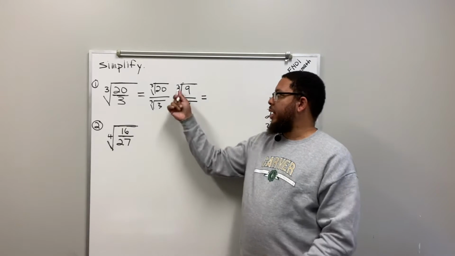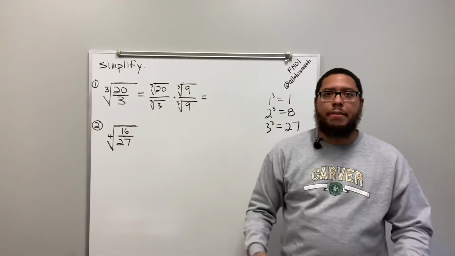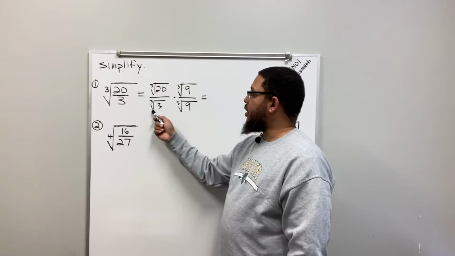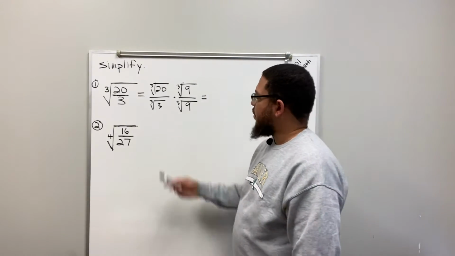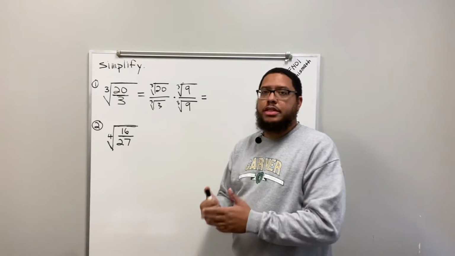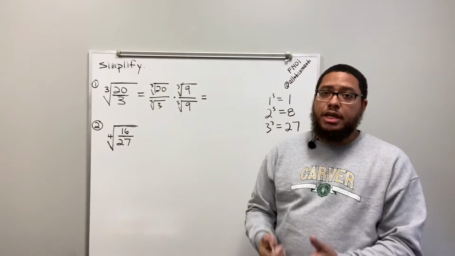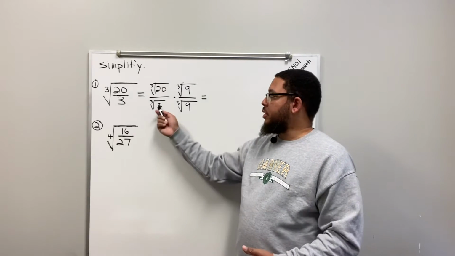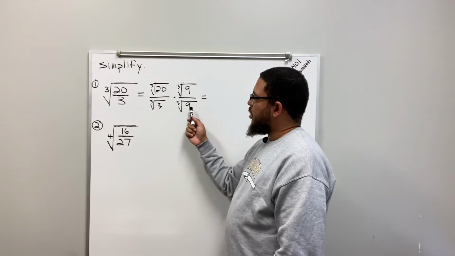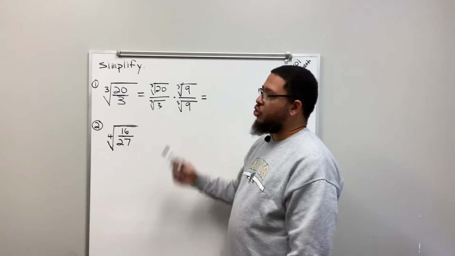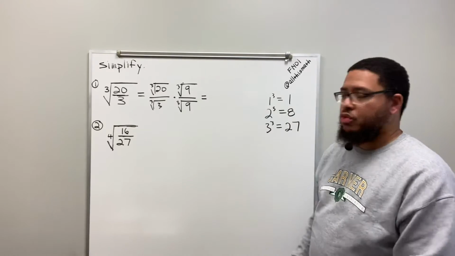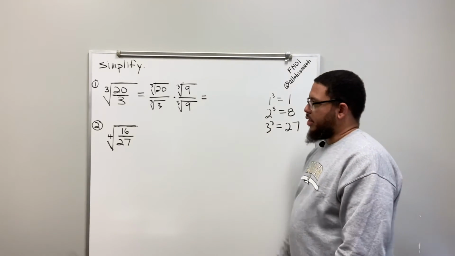All right, now let me explain this, just in case it wasn't that clear. Why am I multiplying by the cube root of 9 over the cube root of 9? I'm doing that because I'm trying to get rid of this radical sign, right? I can't get rid of it right now because 3 is not a perfect cube. It does have a cube root, every number has a cube root, but we want this to be a whole number. If I multiply by the cube root of 9, this product is going to be the cube root of 27. And the cube root of 27, since 27 is a perfect cube, is just 3.